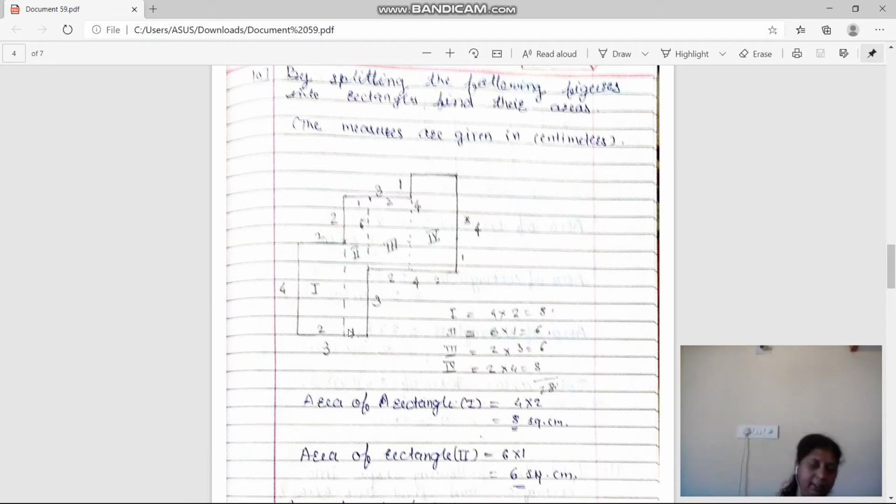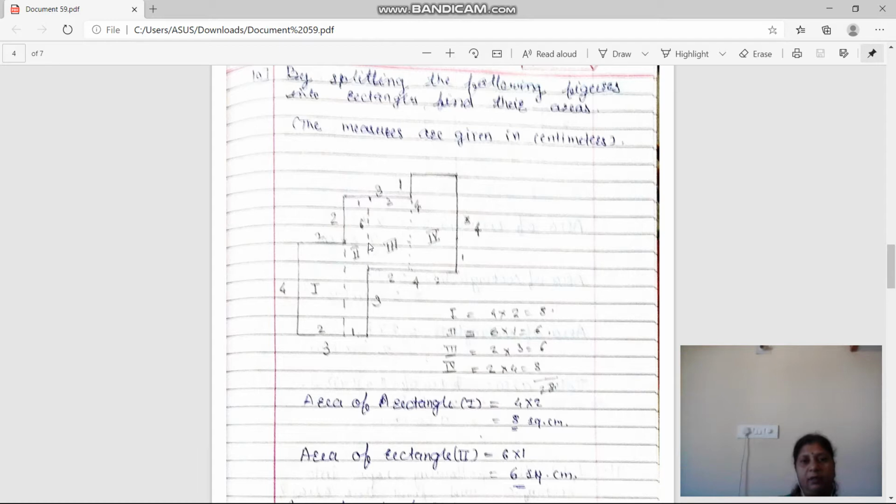Now take a scale and divide the first figure A into 1, 2, 3, 4 rectangles. See here, first line is this one. We have to mark it with dotted lines. I will draw first with scale. It should be straight, but dotted. You can mark in the book, and afterwards when you are solving in the CW copy, you have to draw like the diagram on the screen. First rectangle done.